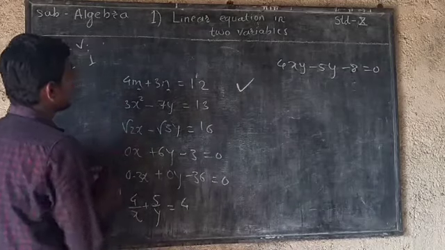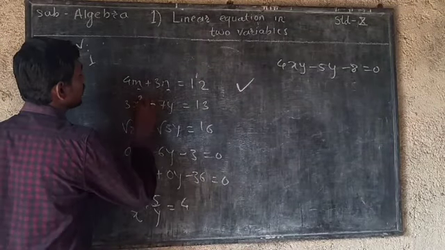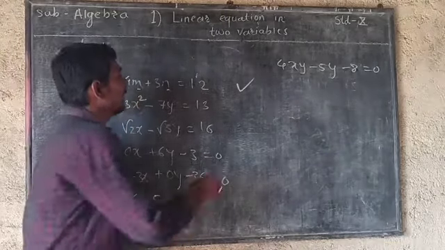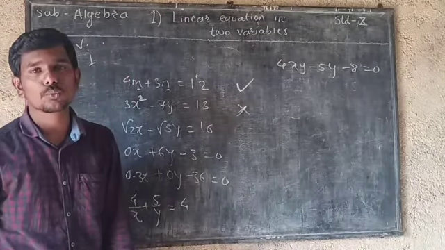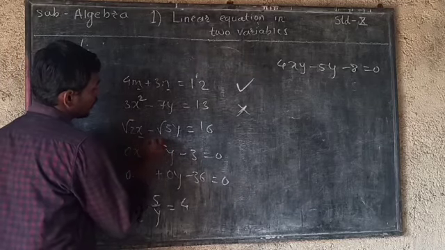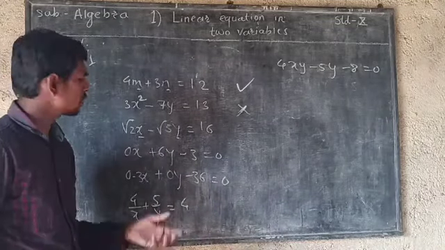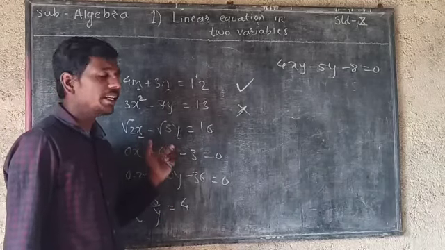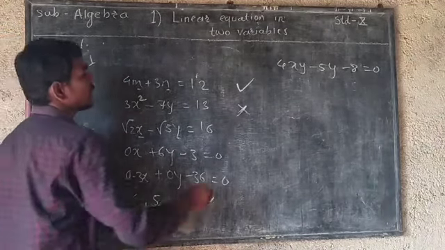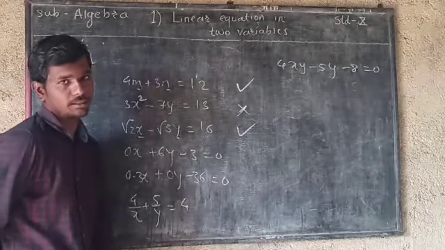Now come to the second question. At the first thing, here is 2, which means the degree is 2, that is why it is not a linear equation in two variables, right? So the third question, here is x, here is y. It means yes, those are the variables. So we have two variables. Degree is 1, it means it is also a linear equation in two variables, right?